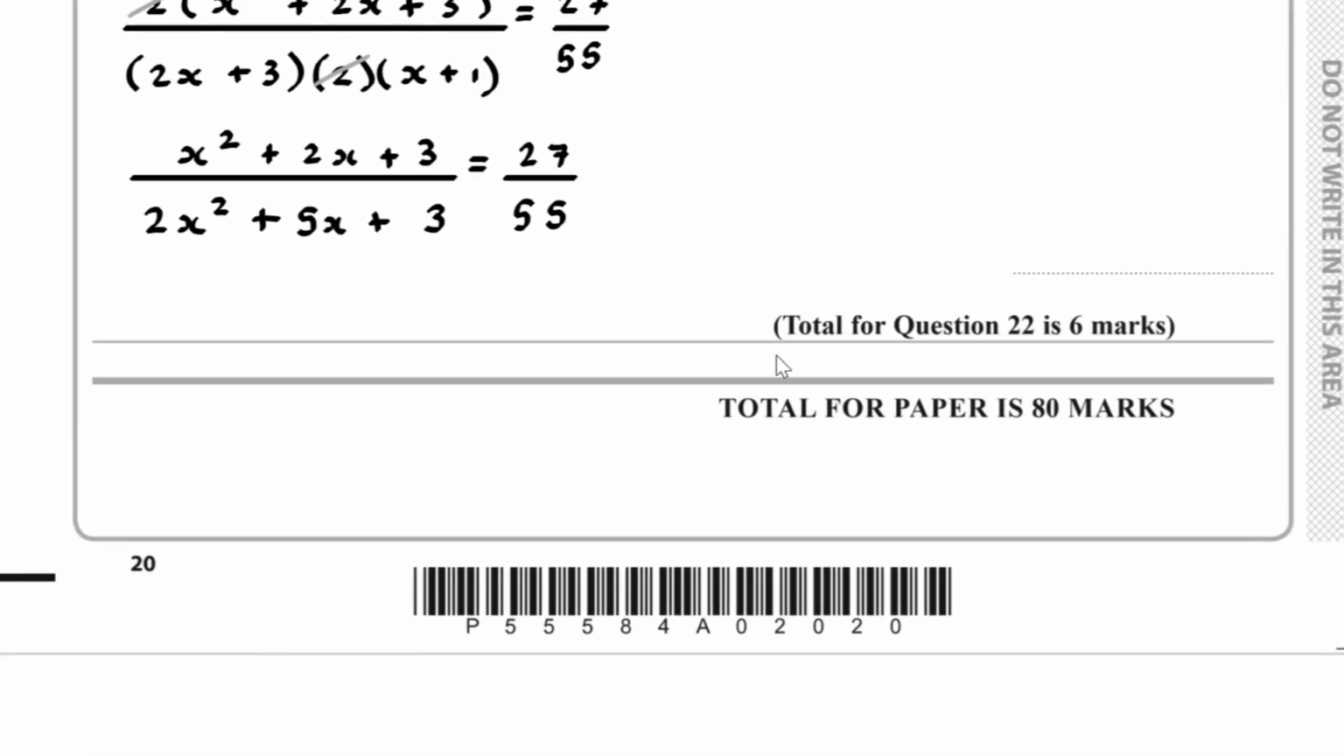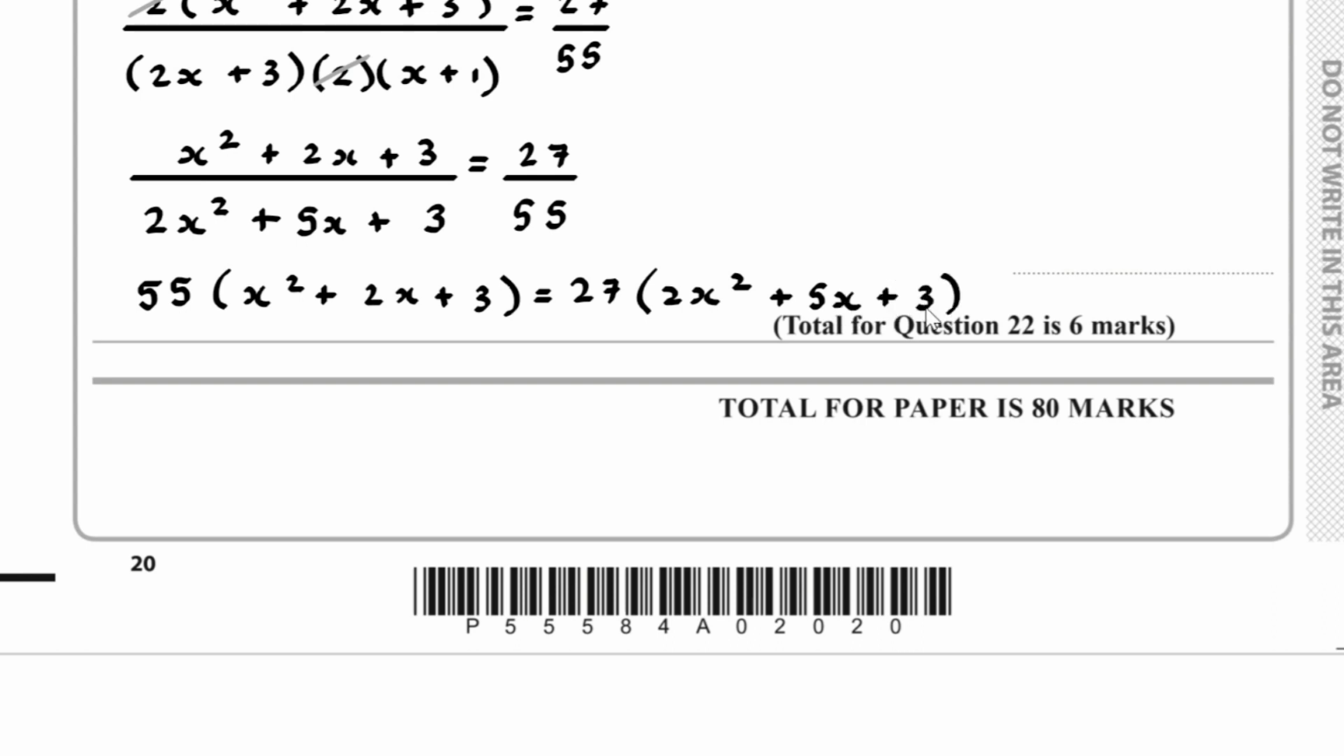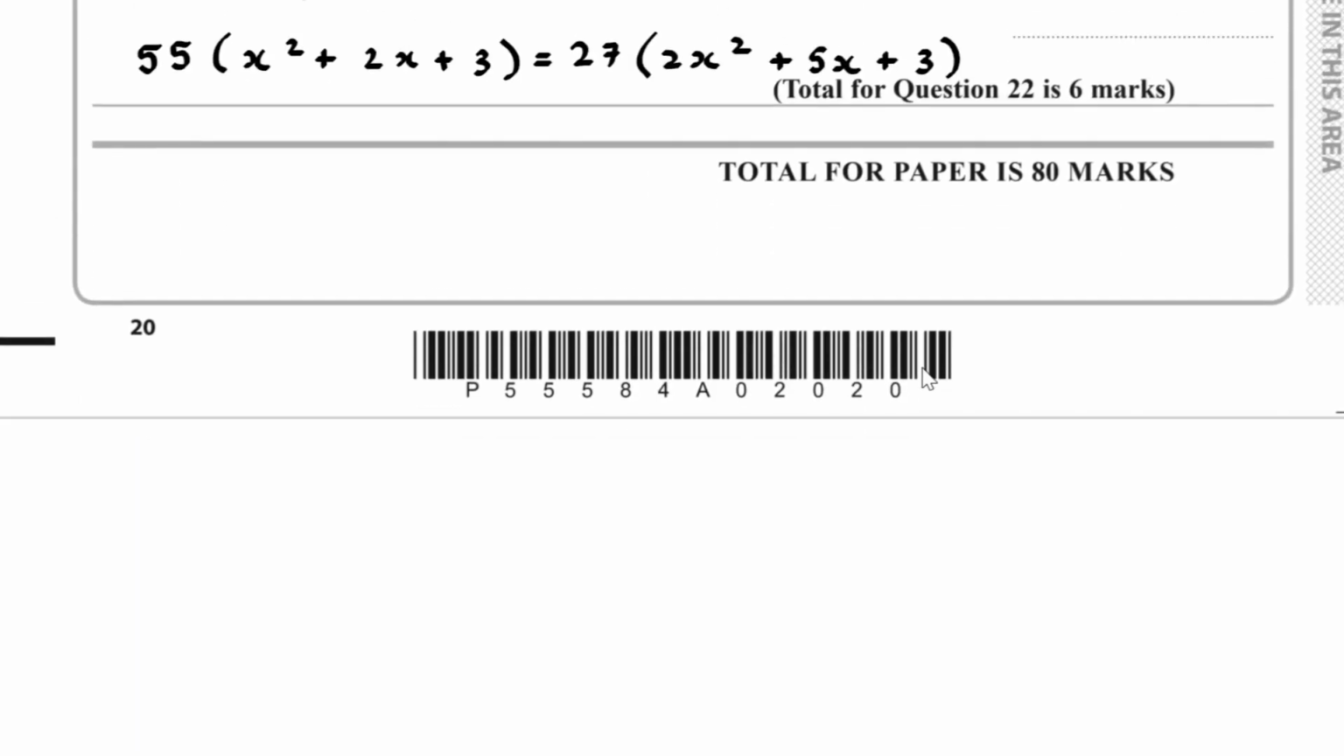So now if we cross multiply, we have 55 times x squared plus 2x plus 3, and that's equal to 27 times 2x squared plus 5x plus 3. And now let's expand out. So I have 55 x squared plus 110x plus 165,